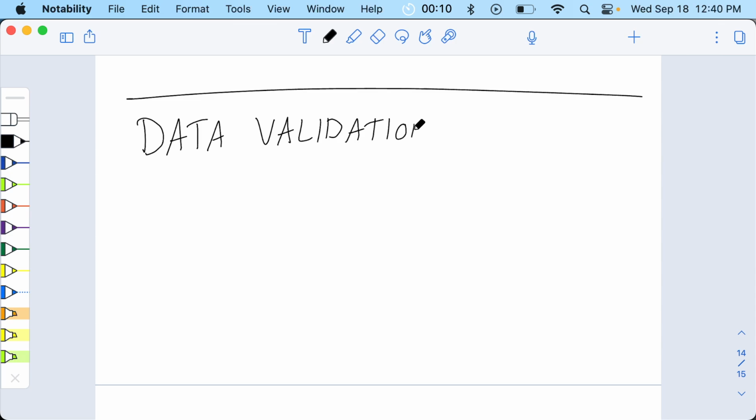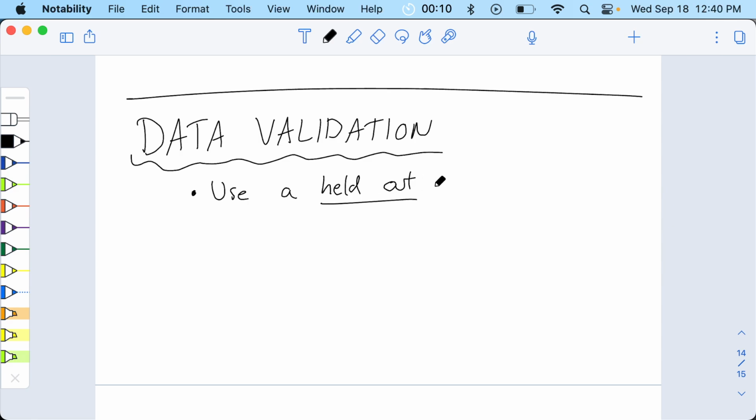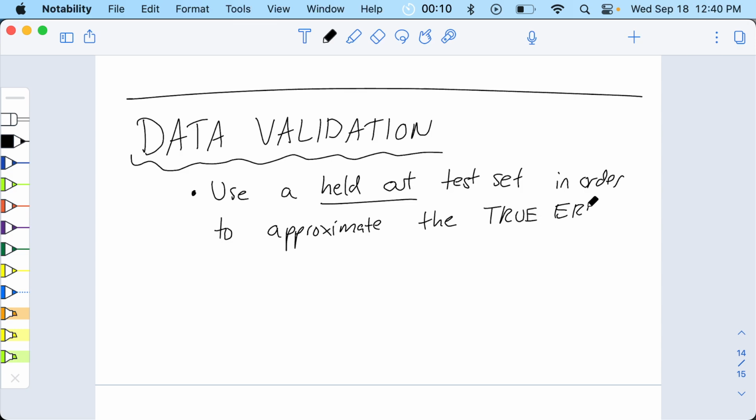It is a very simple idea, and it even came up in our first class, which is: use a held out test set in order to approximate the true error. Okay, so once again, you never know the true error, and the data validation approach says, even though we don't know the true error, what we can do is